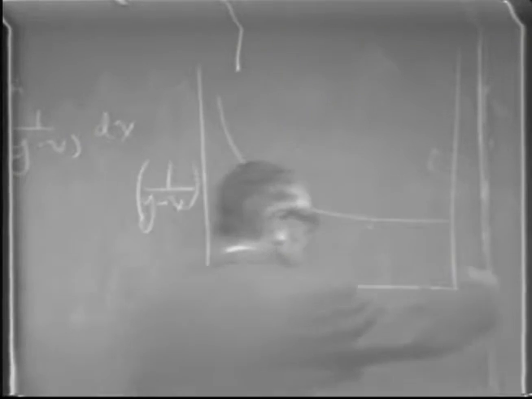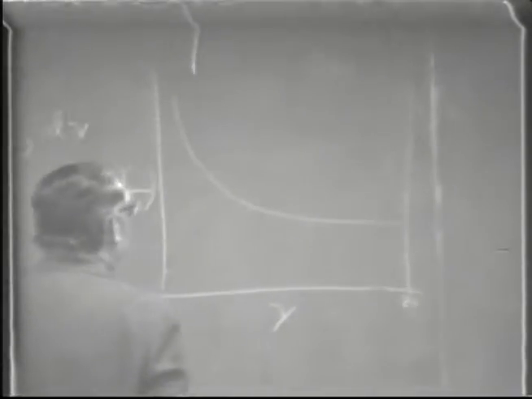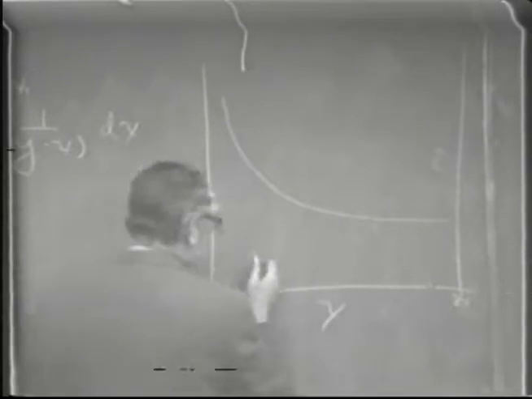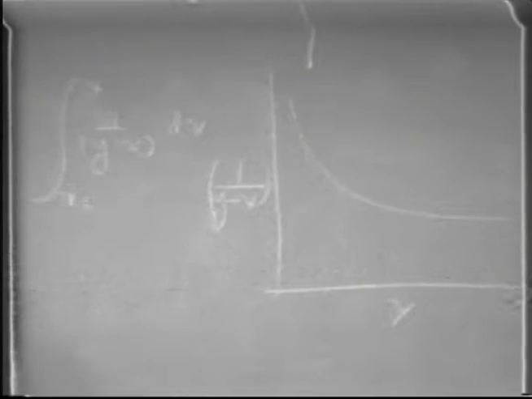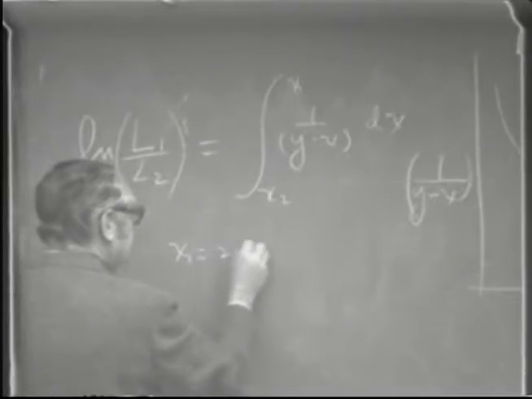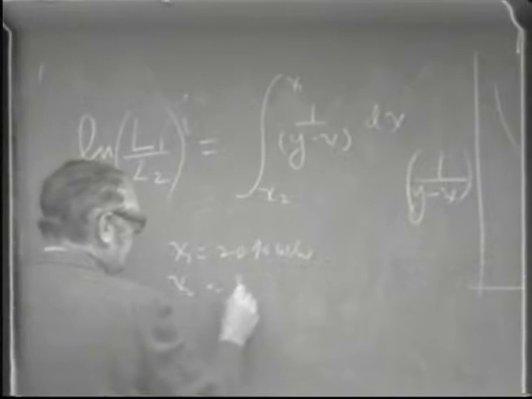If you plot it all the way out to 100%, it'd go back up like that. And so we want to know what this is, where x1 was 20% and x2 was 1%